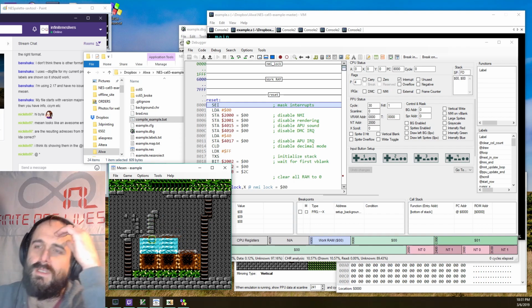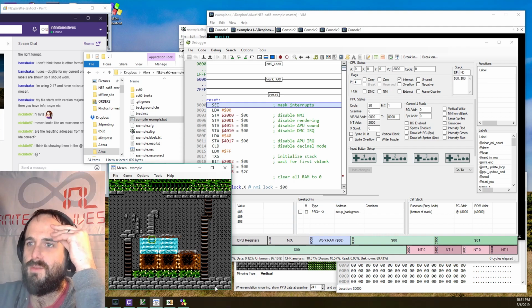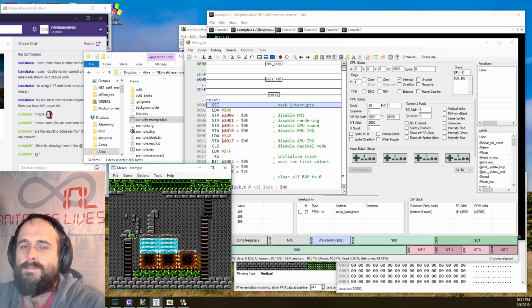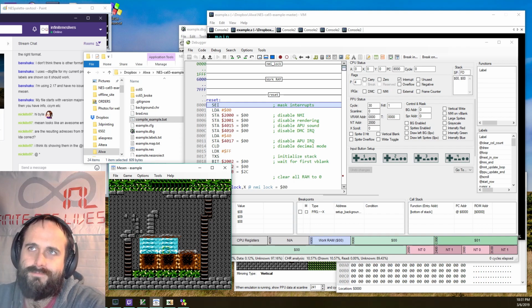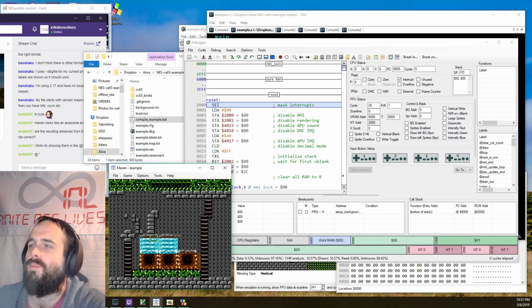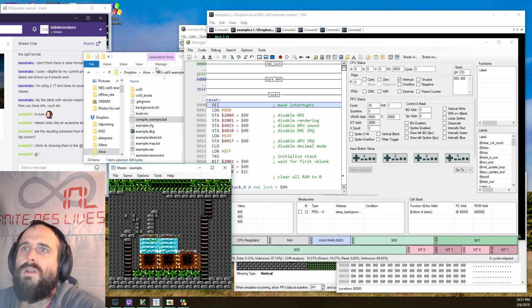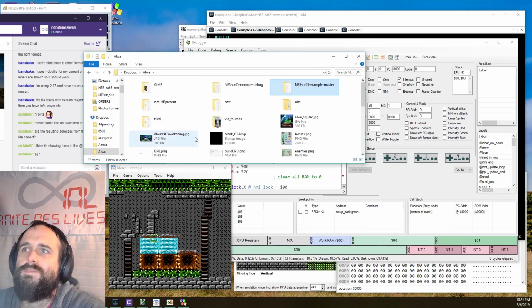The CC65 project where the palettes were getting messed up, we figured it out like stream number 1 or 2. Not having that issue here. I don't know if the palettes are actually what I wanted. What did